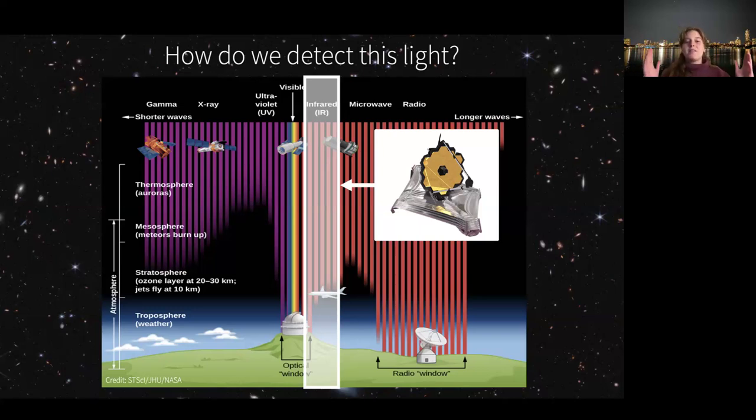And so what happens if you observe, for example, from the Earth, and you start looking at longer and longer wavelengths, is that the sky just gets brighter and brighter and brighter. At some point you're trying to study very, very faint light from very far away, but you have this blanket right here on Earth preventing you from looking further because it's radiating so much compared to the very faint sources that are very far away. So that's a simple reason why you really have to go to space to see anything in the near infrared.